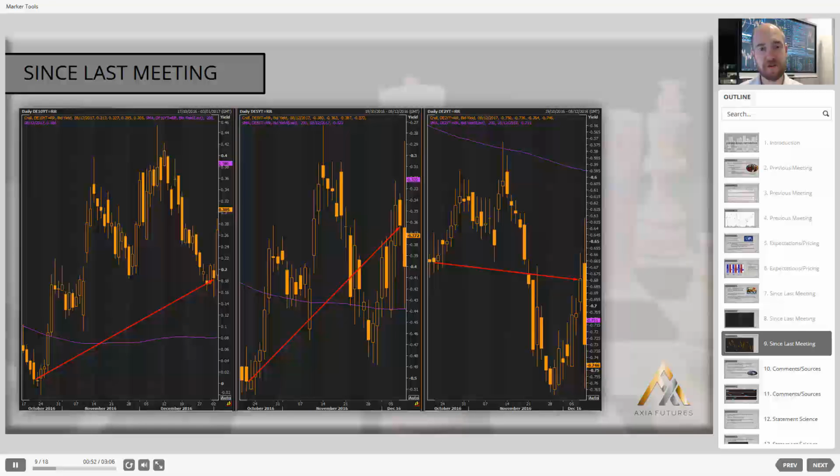However, note the 2-year. 2-year rates have actually fallen. So what's this telling us? 10's up, 5's up, 2's are down. What's been happening, and you'll see that if you look at this chart, is 2 years actually dropped to around negative 0.8%. So what you're having is a situation whereby people are willing to buy bonds that give them a yield of less than parking their money at the ECB. Now, the reason for this was